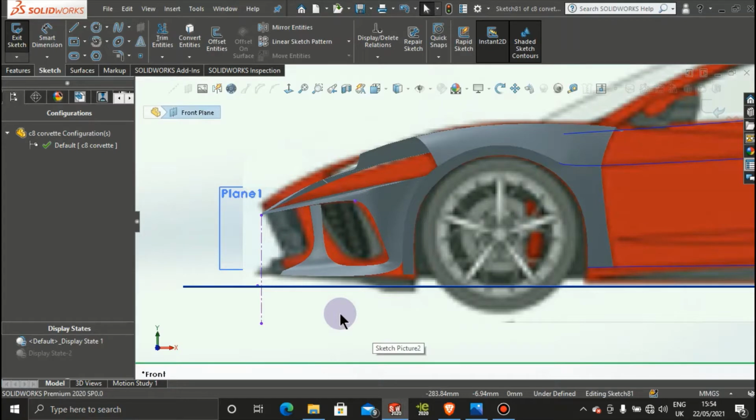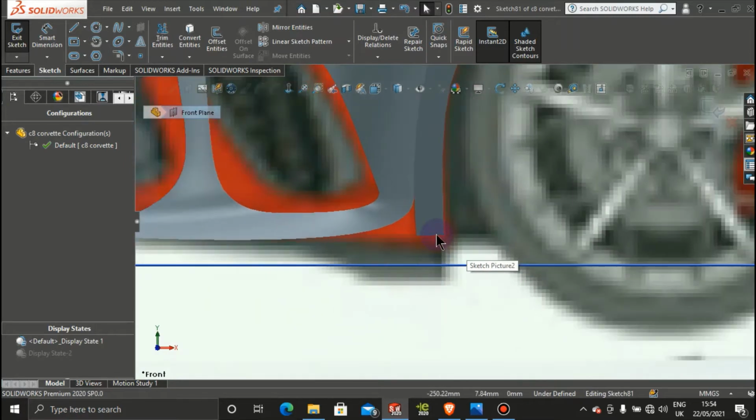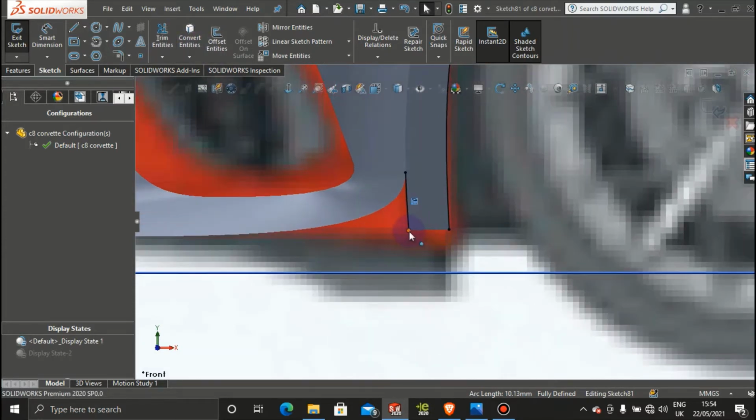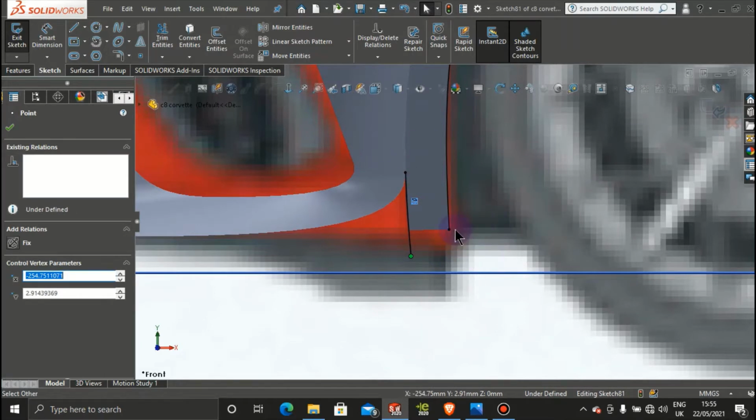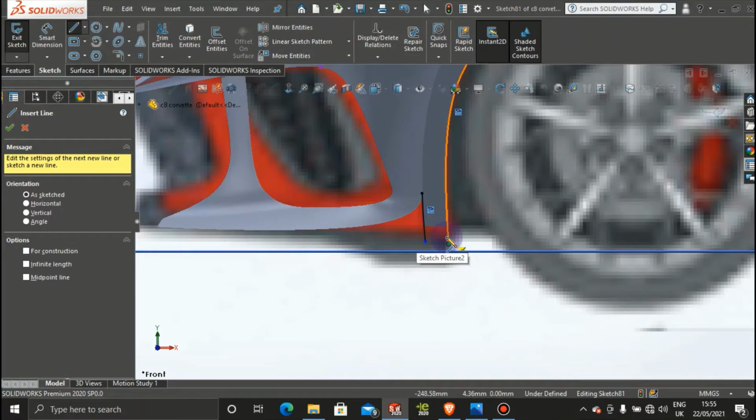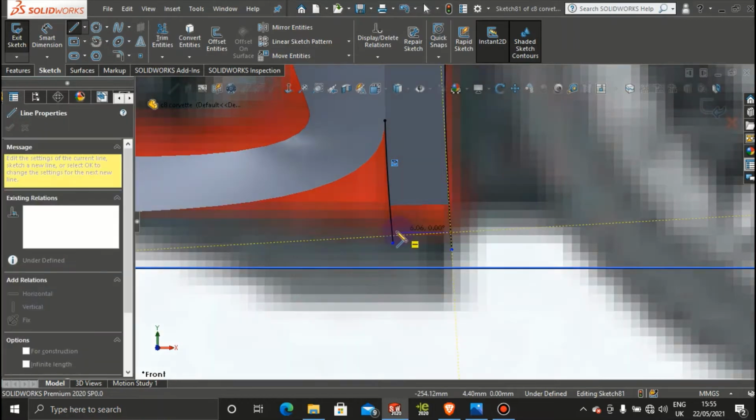And then let's just jump in down here, and then we're going to convert entities from these lines here. So convert that, and we're just going to pull them down like so. Something like that. And then grab a line, and then we're going to go from down here to